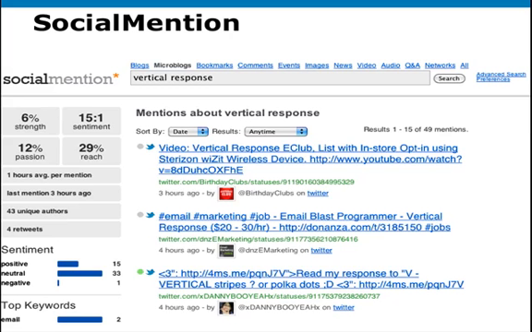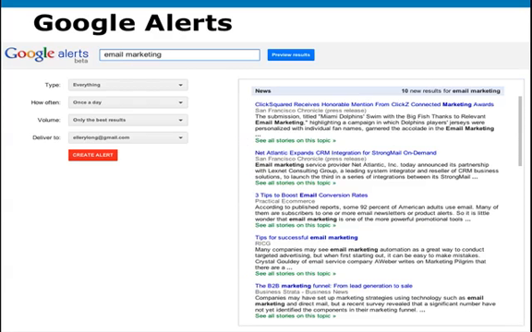Again, free to use and pretty easy to get set up. After creating an account, you just put in the terms you need, and you're getting email alerts, or you can just keep the dashboard open and watch it happen in real time. I mentioned Google Alerts, and it is still a very powerful tool for social monitoring. So again, you set up whatever terms you want, whether they're your own brand's terms or competitor terms, and then set up how often you want to be notified.